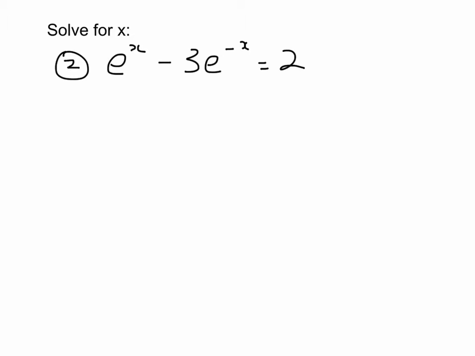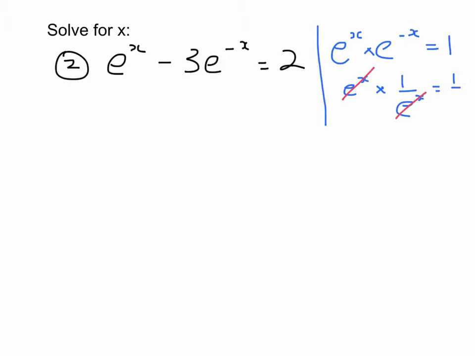Okay, believe it or not, this one's a hiding quadratic as well. And you have to use this special trick over in this corner here, where you have e to the power of x times e to the power of negative x equals 1. Now, if you don't believe me, you can write it out in full, like this. e to the power of x down the bottom. And you can see, hopefully, that these will cancel off, which leaves you with 1/1,